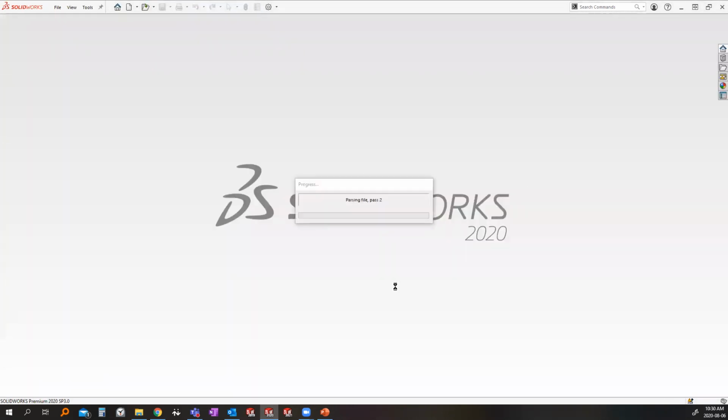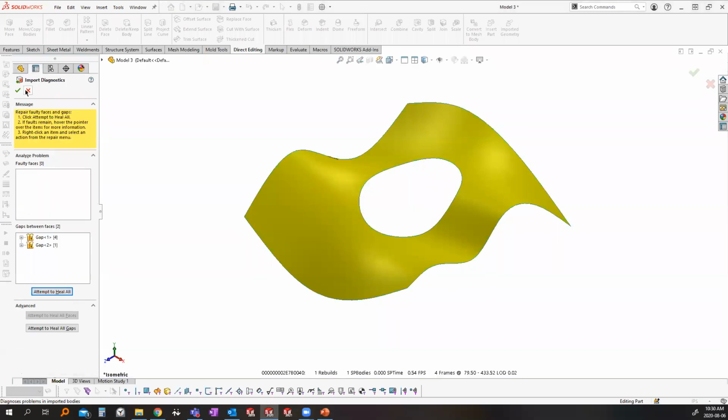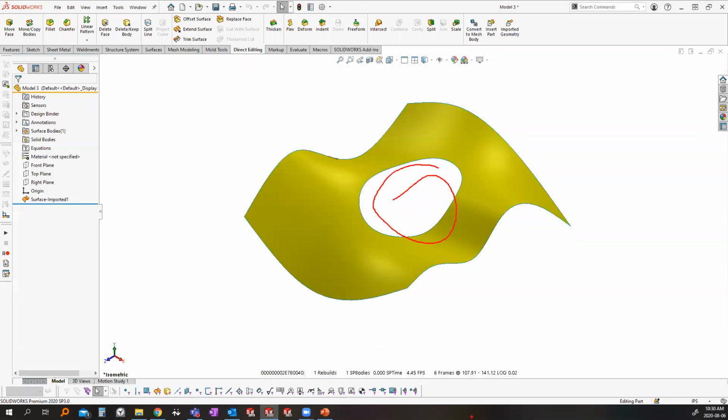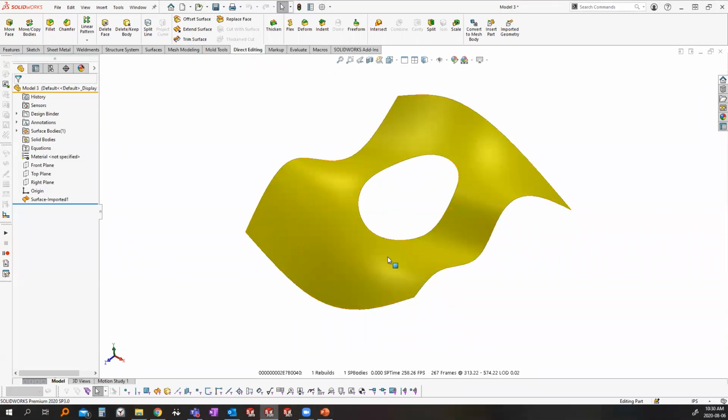We'll bring this in again. And if I need to patch up a hole in the center, this is a pretty wavy surface. So if I was to try and replicate it through a number of different tools, I could end up having different geometry. A few tools that would work well in this scenario